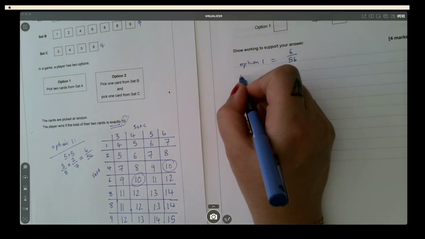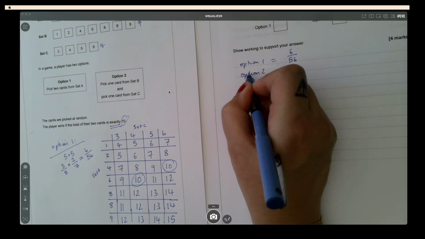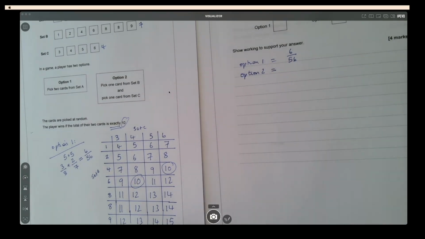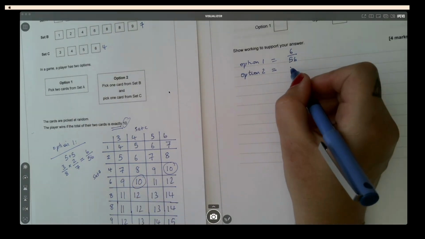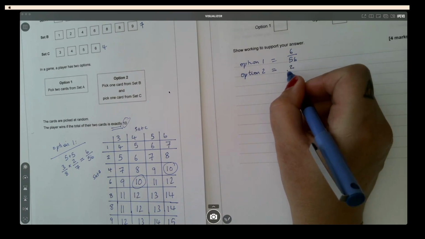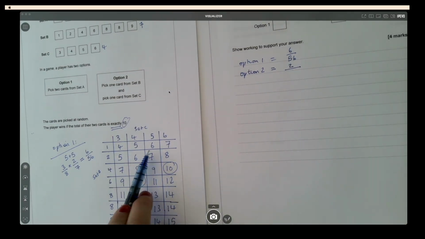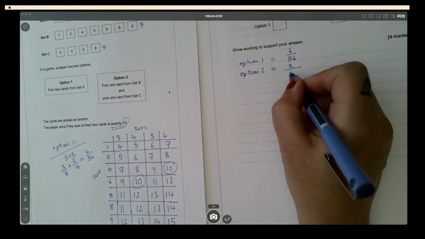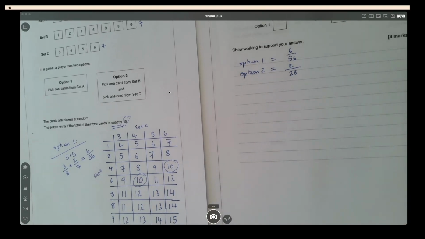So for option 2, when we pick, we'll have 2 out of, so we've got 4, 8, 12, 16, 20, 24, 2 out of 28. Okay,